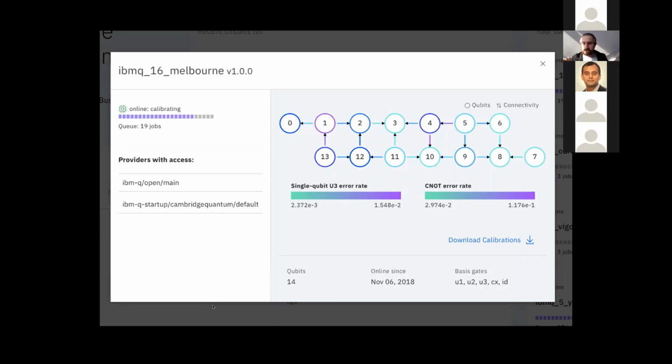And so if we want to do anything with NISQ computers, we have to handle all of these issues. The issue of what gates does the machine have, probably not the ones that we wanted. What's the connectivity of the qubits? And most importantly, how do we manage the error rate?